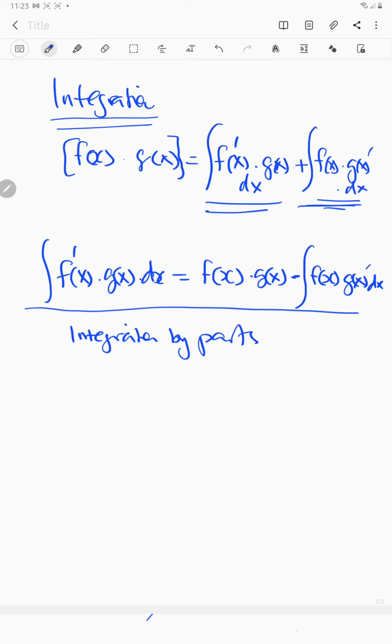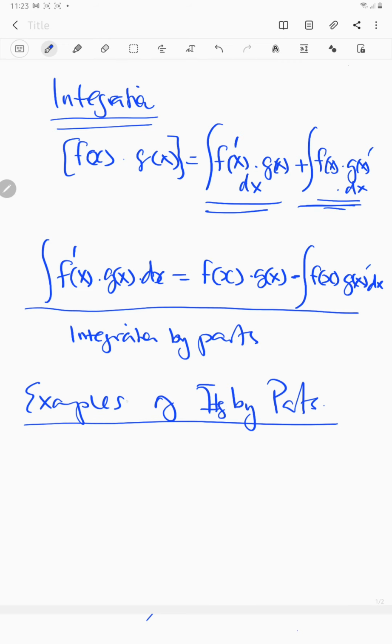In the next section, I'll give you more examples of integration by parts, so that we understand them in that context. So I will continue in the next section. Now, this time around, looking at how we can apply some of these